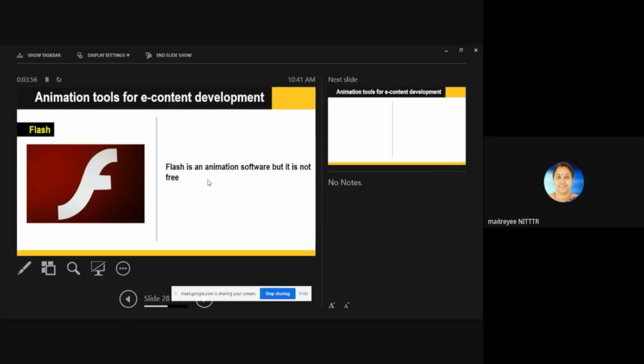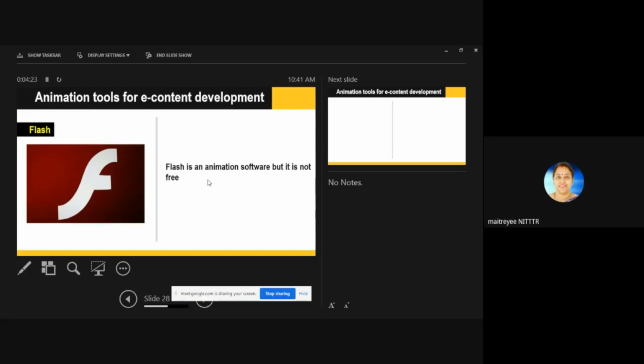When you purchase the Adobe Suite, right? CS Suite, हम लोग बोलते हैं Adobe CS Suite. So that is a cloud software, and in this Adobe Suite, you will get Flash, you will get Photoshop, you will get Illustrator, you will get many other Adobe products, right? So Flash is an animation software.